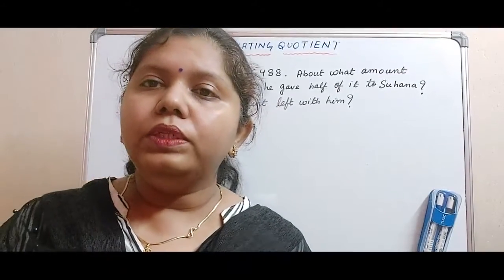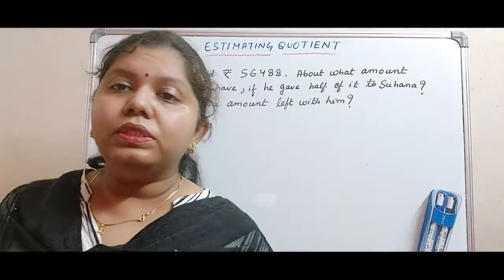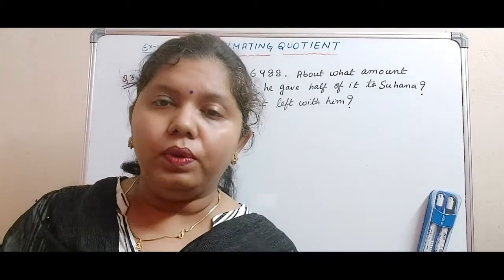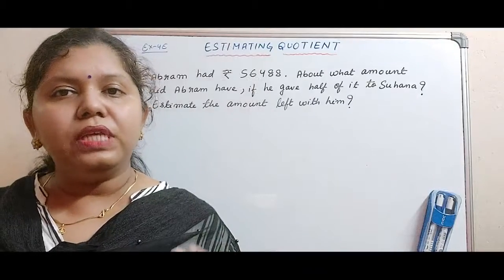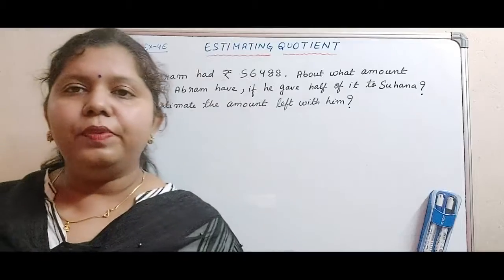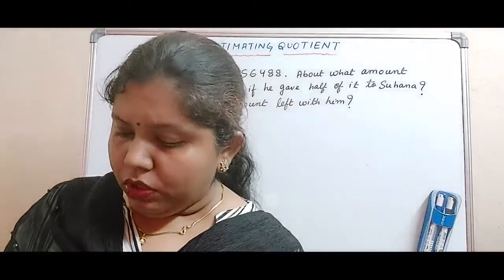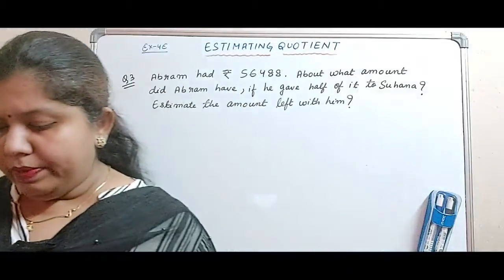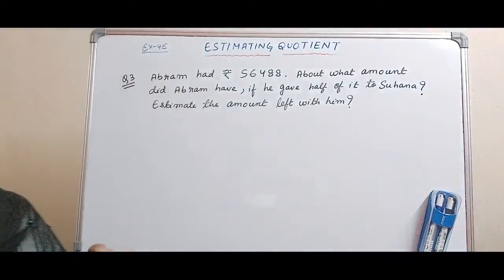Now moving on to question number 2, it is very easy because you just have to estimate the quotient. You already know the dividend, so round it off to its highest place, and round off the divisor to its highest place, then do the division and get the estimated quotient. You have to apply this process to all the parts of question number 2. Let us come to question number 3.